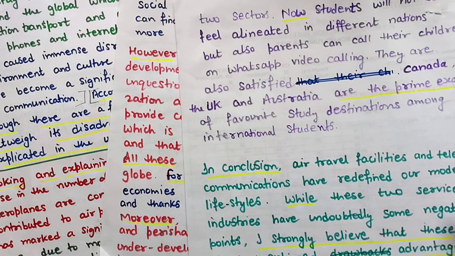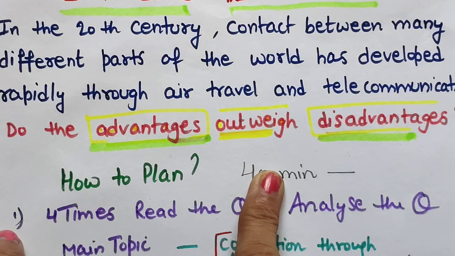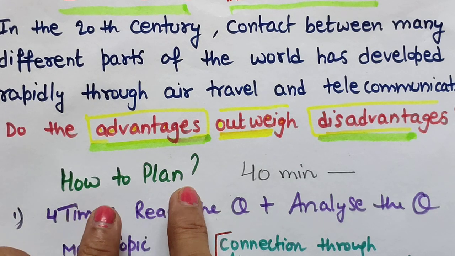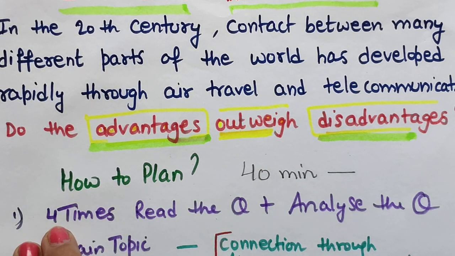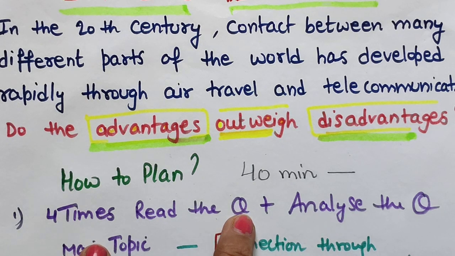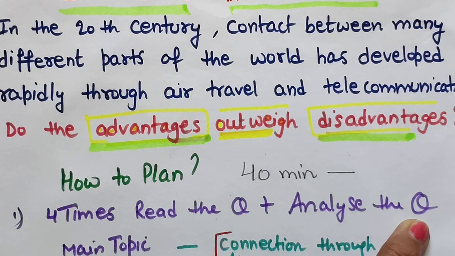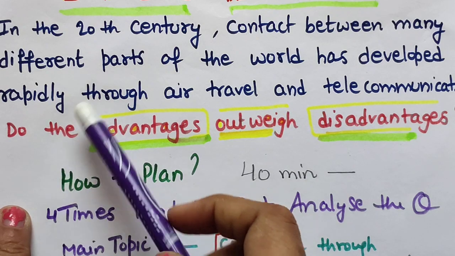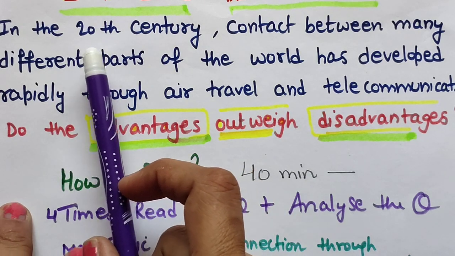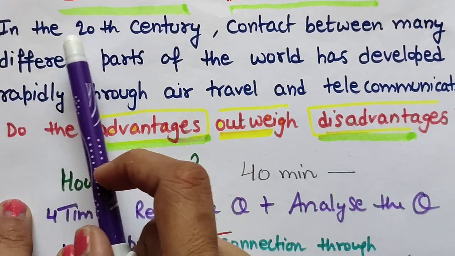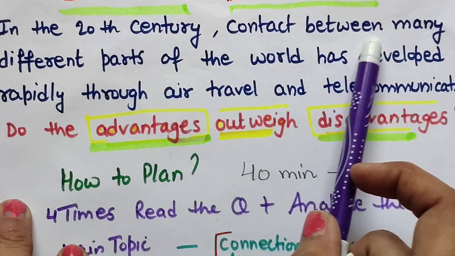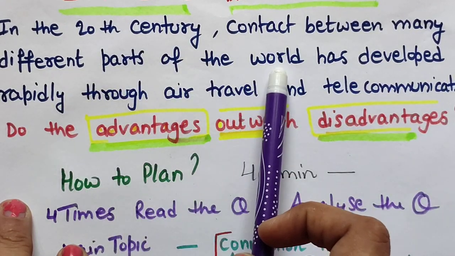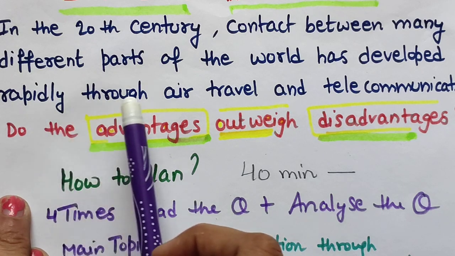Let's start this question. As you know, the golden rule for planning any essay is that you have to read the question statement 4 times, and we will analyze the question statement. For that, I am going to read this question statement 3-4 times. You also read it. In the 20th century, contact between many different parts of the world has developed rapidly through